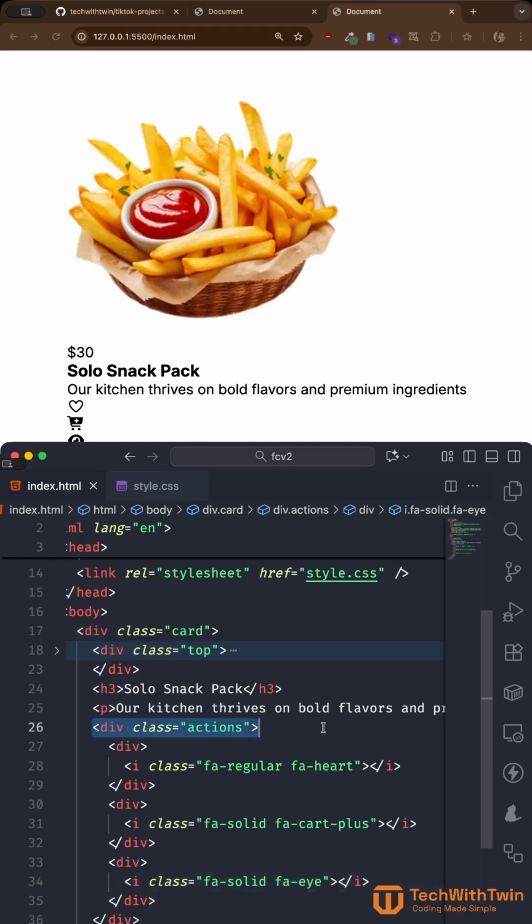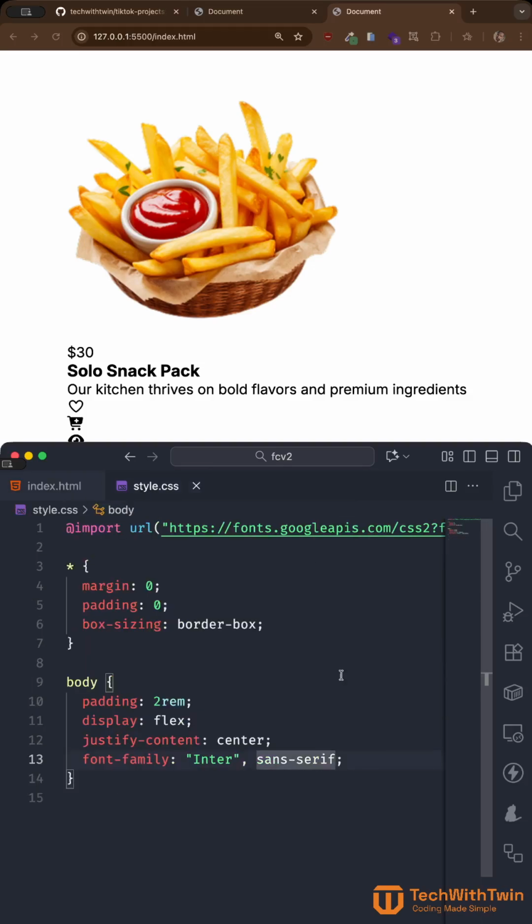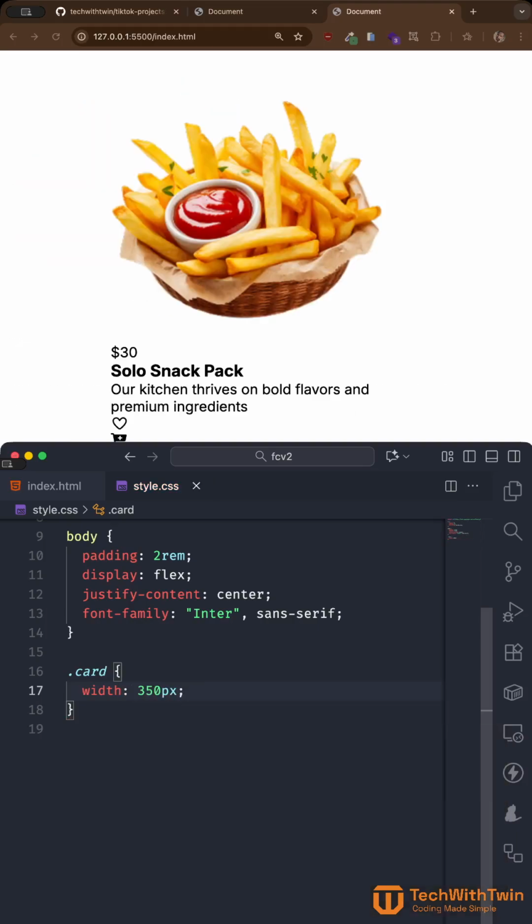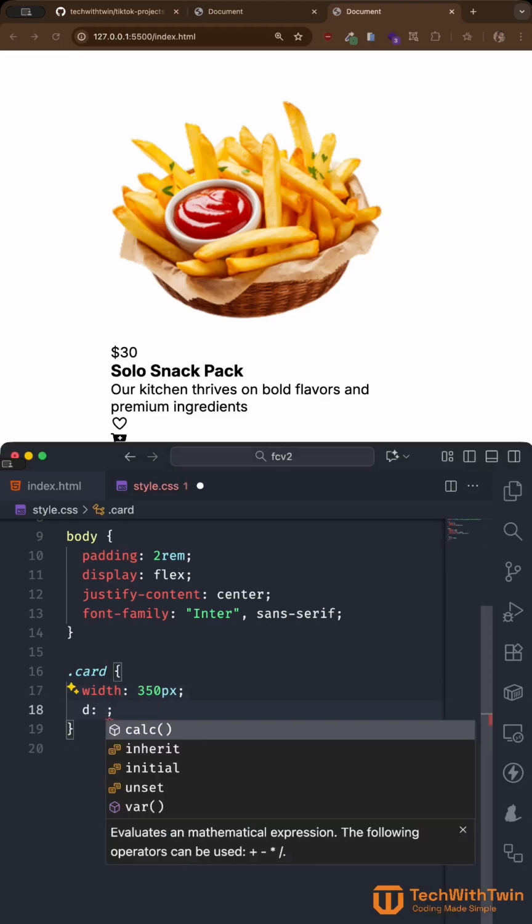Take note of these actions, the classes. So the very first thing we want to do is that we want to start styling the card. So we can say .card, and then let's give it some fixed width. So we can say a width of 350 pixels. So that's a fixed width for the card. And then we want to display it flex and flex direction column to make sure we can add some gaps between the elements. So we can say display flex,